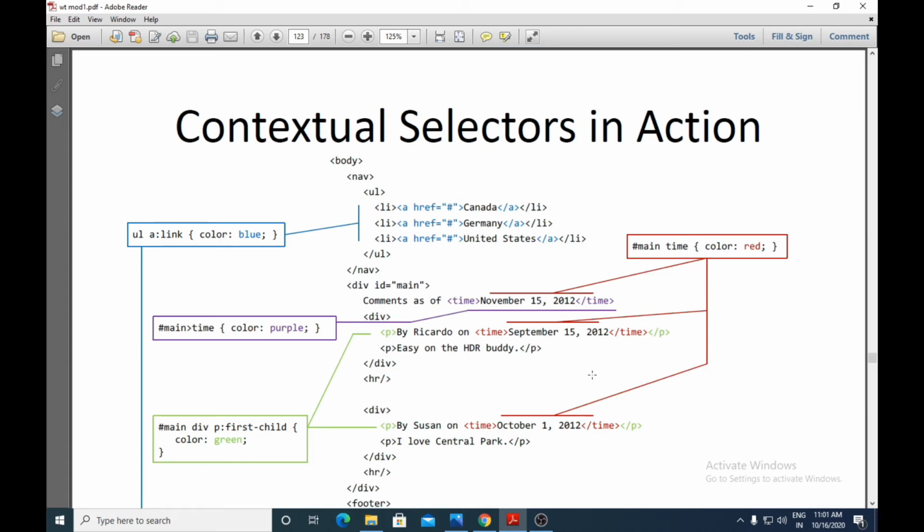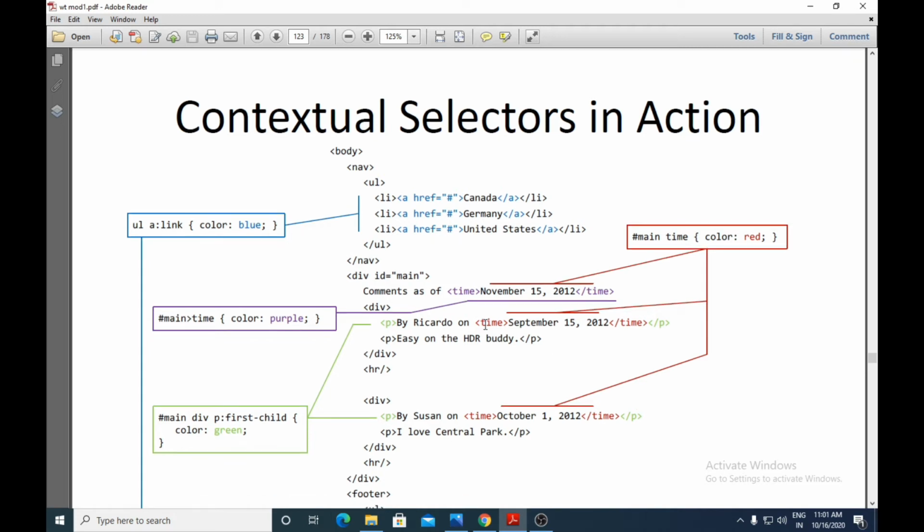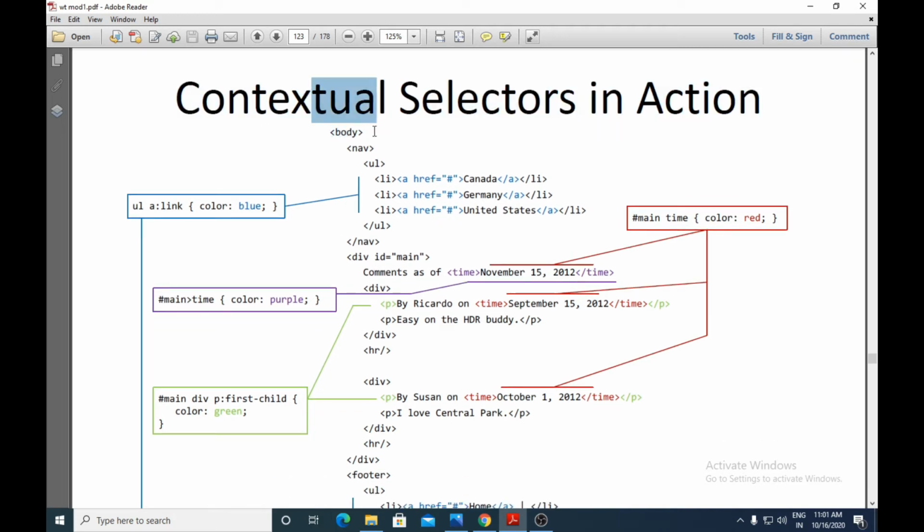Here we'll see an example of contextual selectors. They have started with the body element. Then next you have the navigation element, in which you can put a number of links. Then you have the unordered list, which means items will appear in bullets, and this li is used for a list item.